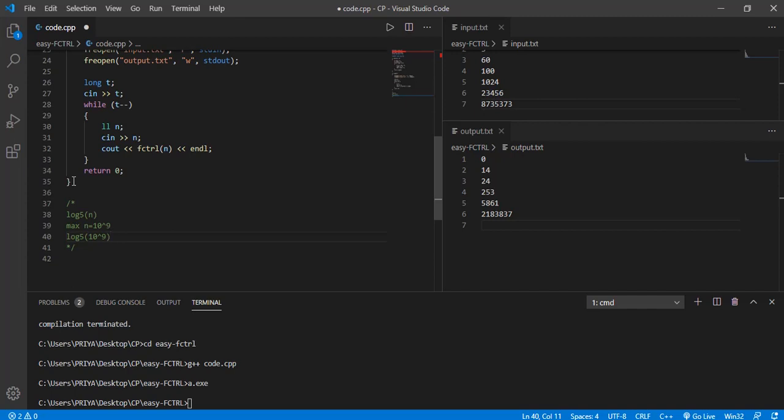Generally, 10 to the power 9 corresponds to 1 second. So if it would have been big O of n, then this would have taken 1 second for the largest input. Whereas the complexity is less than that, log of n to the base 5, so it's going to be less than 1 second. That is how we're going to compute the complexity also. Please try to remember this, as it is a great estimate of whether the code is going to time out or be executed.